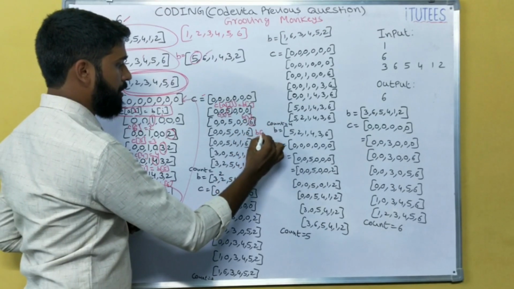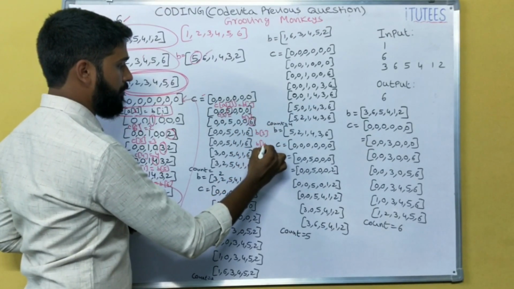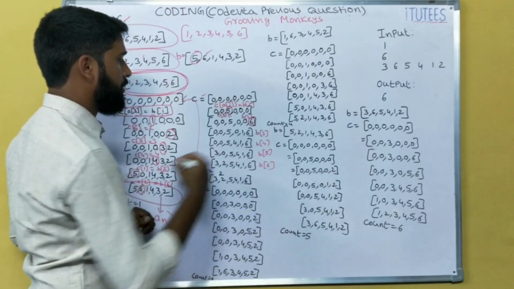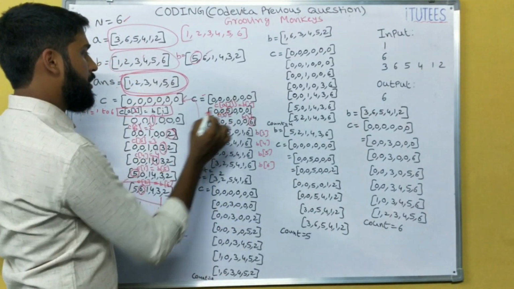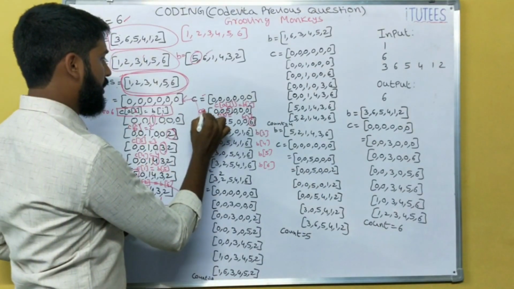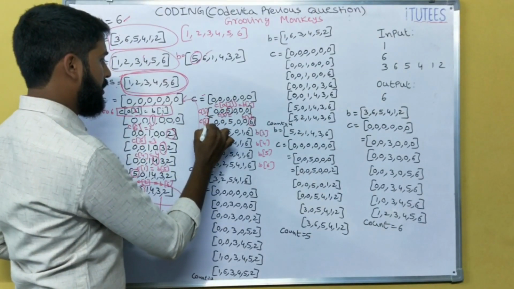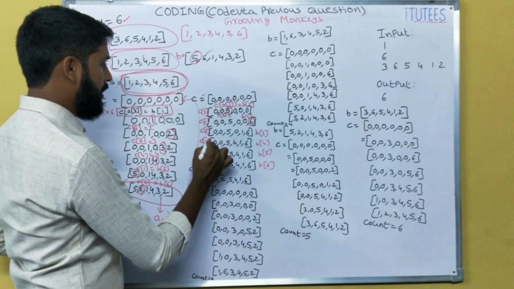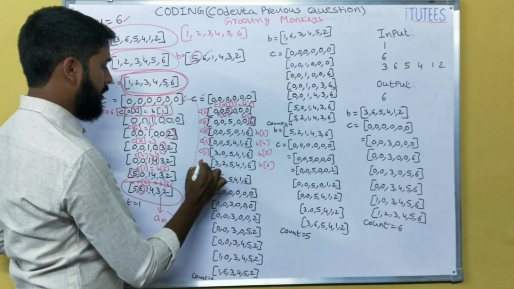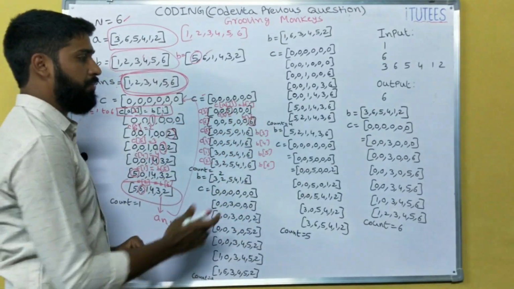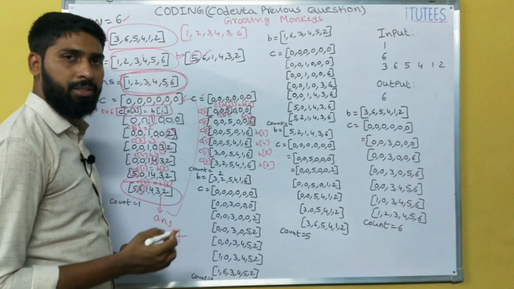So this is B of 3. This is B of 4. So this is B of 5. This is B of 6. These are 6. C of first, initially C of 3. Next C of 6, next C of 5, next C of 4, C of 1 and C of 2. So this is the pattern. So we can follow it for all the iterations.